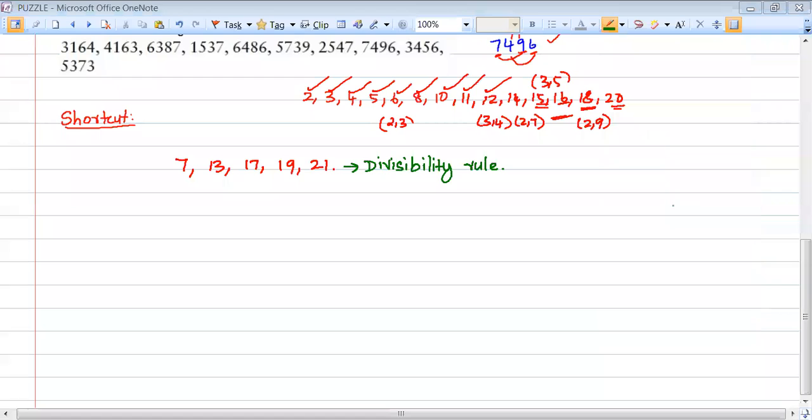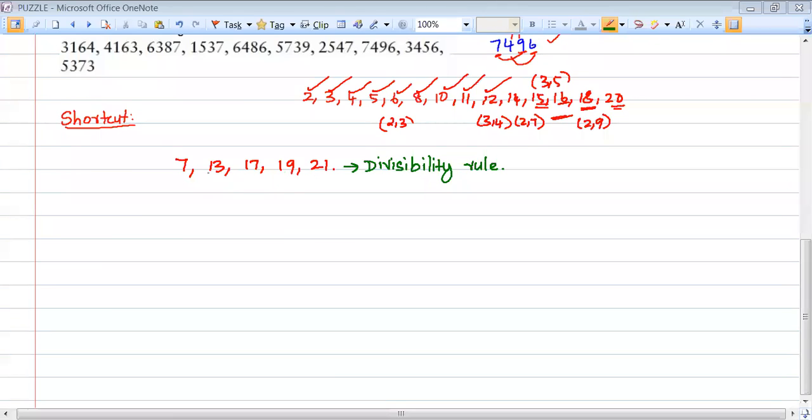Yes, I thought already 7 for everyone. Yes, Raya. But let me teach for all the numbers 13, 17, 19 and 21 all together. So these are the prime numbers 7, 13, 17, 19, 21 after 5. Am I right? How can we remember?